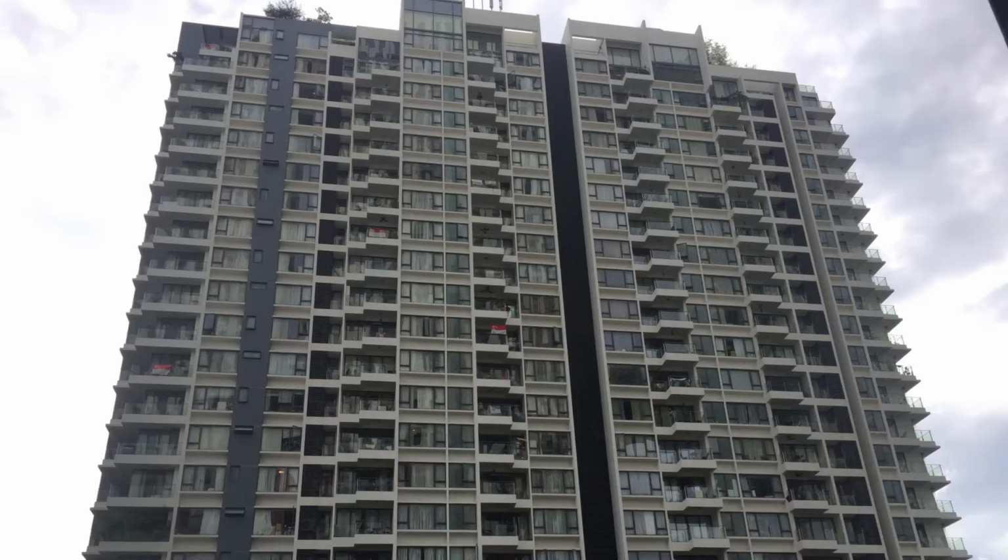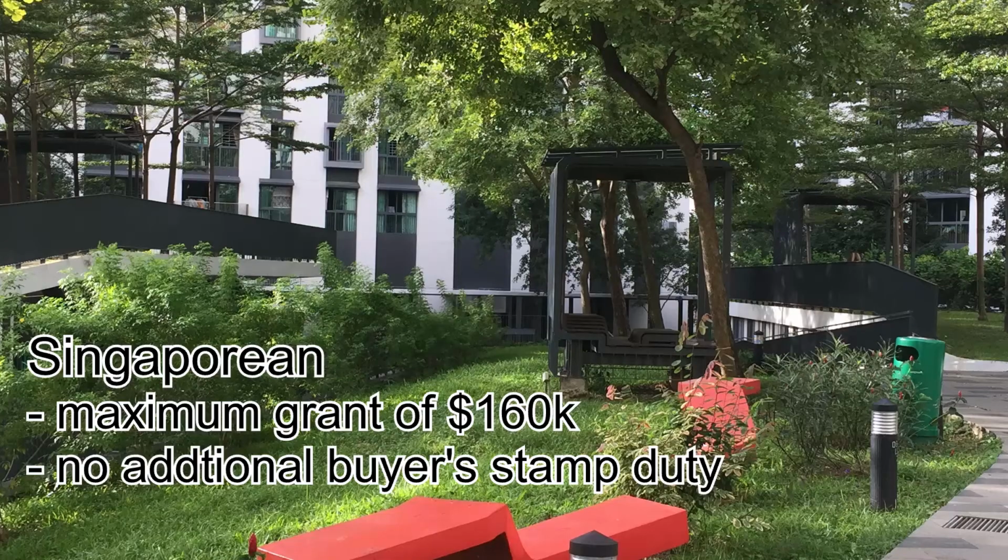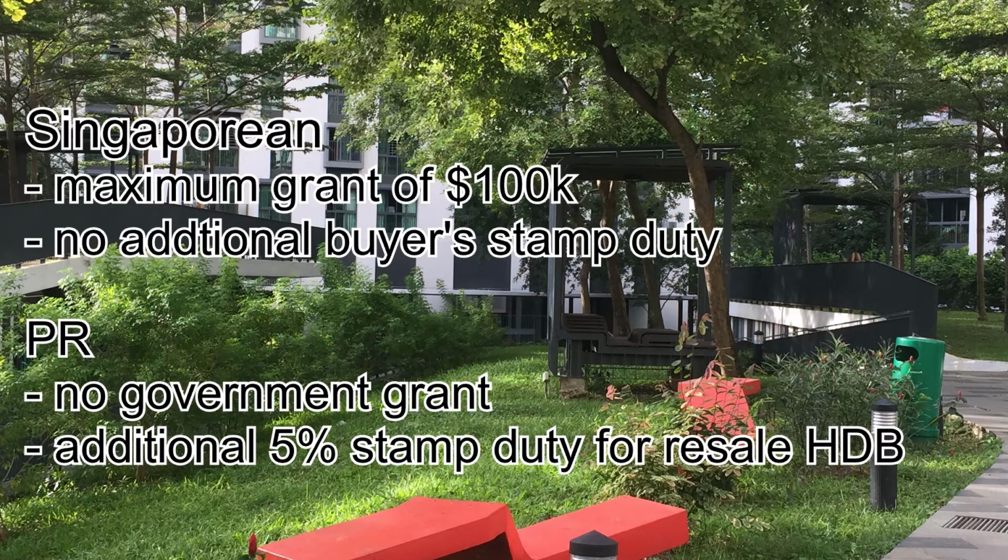If both of you, husband and wife, are Singaporean permanent residents, I'd rather just go directly into private residential properties like condo, because at least the difference between a Singaporean and you is not so high. If you were to buy a HDB, okay, example here, a Singaporean can get a maximum of 160,000 cheaper because of all the housing grants, and then they don't have to pay additional buyer's stamp duty, right? You as a PR, not only do you not get any grants from the government, totally nothing, but you also have to pay an additional 5% more than the normal market price of a resale HDB. So that's your